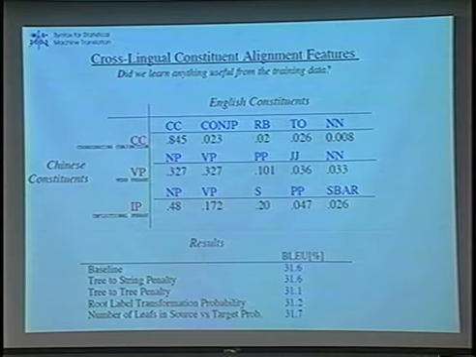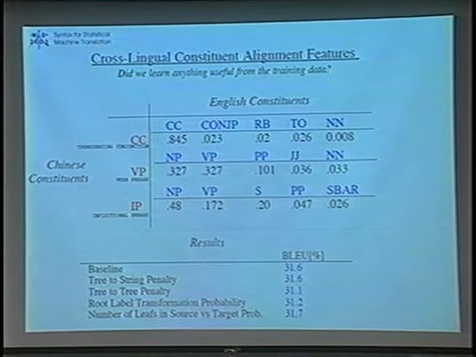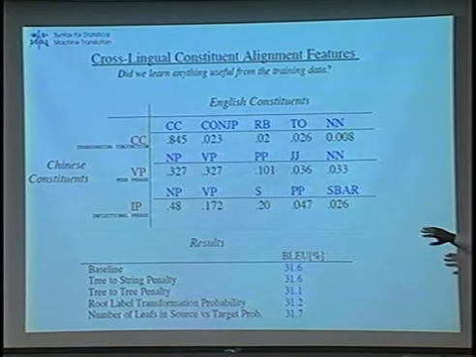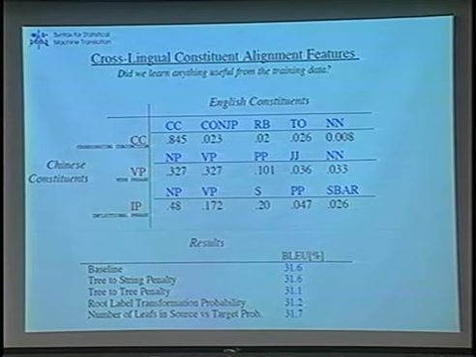A CC is essentially a part of speech tag. It's very low level within the Chinese parse tree. A VP is a little higher level. And then an IP is supposed to be basically the equivalent of an S in an English parse tree. We can see that our intuition is more or less respected with the CC, in that Chinese parse trees with a CC label get translated to English CCs 84.5% of the time.